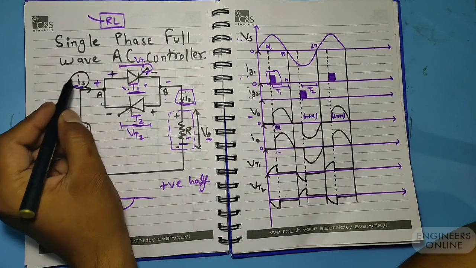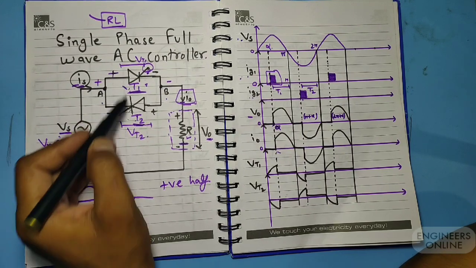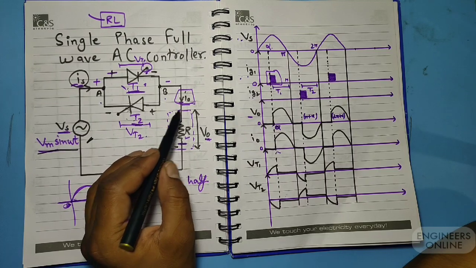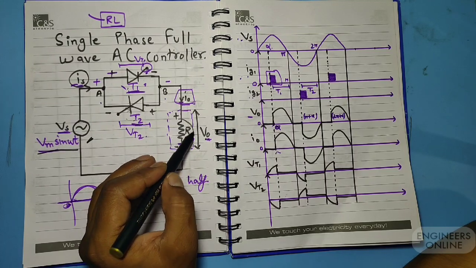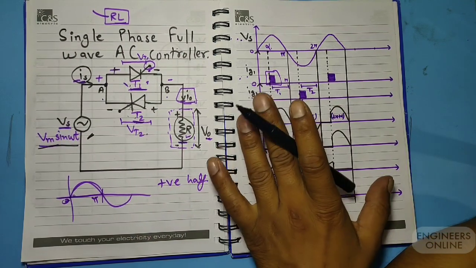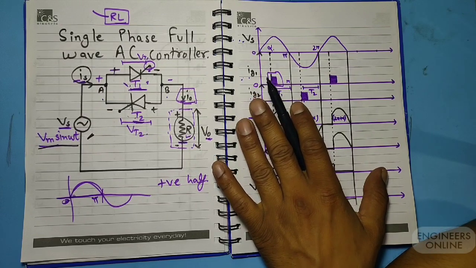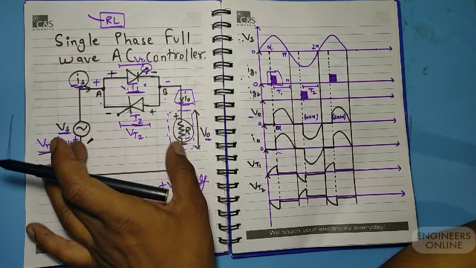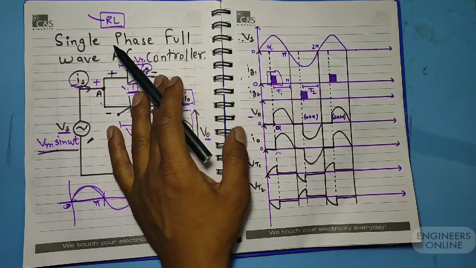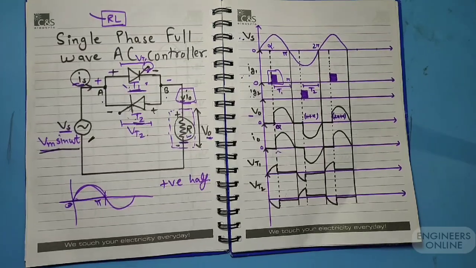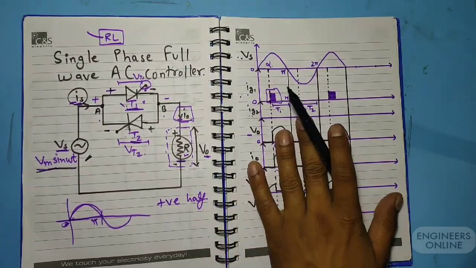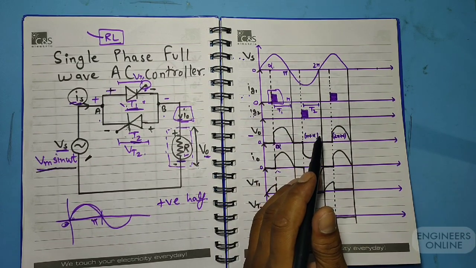This current is the source current which will flow through these thyristors, and this is the output voltage across the load, and in this circuit our load is a resistor. So this is the full wave graph for this circuit. Let's understand this graph. It is very important for both knowledge purposes and exam purposes.